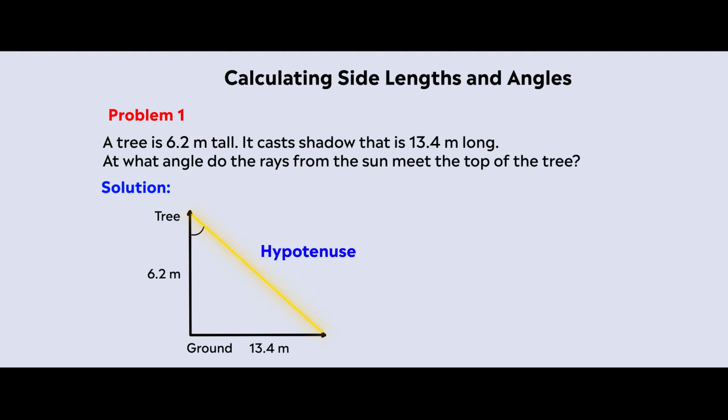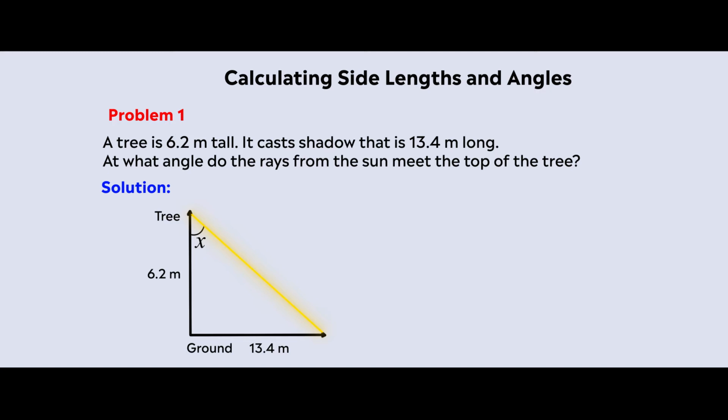So which trig ratio can we apply to find the angle? We can use tan ratio since we know the opposite and adjacent. The known information here is opposite and adjacent. So we can use tan ratio. So let's keep the angle as x since it is unknown information.